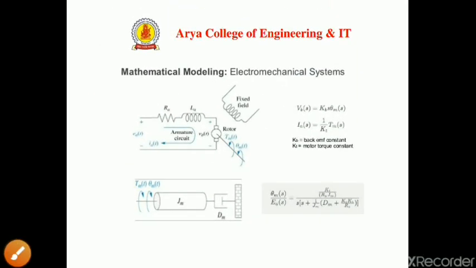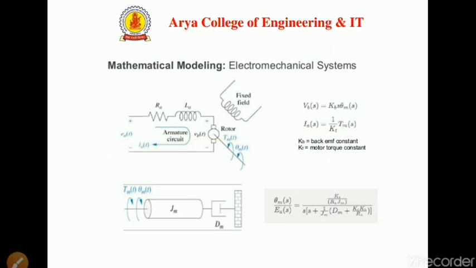Just manipulating the equations and putting the values of some variables, we can solve this transfer function. So this is all about the electromechanical system. In this lecture we have discussed two types of mechanical system, translational and rotational, and after that we have modeled the system. Then we have a combination of electrical and mechanical system, that is the electromechanical system. In the next lecture we will discuss the remaining two, the fluid system and the thermal system. Okay, thank you.